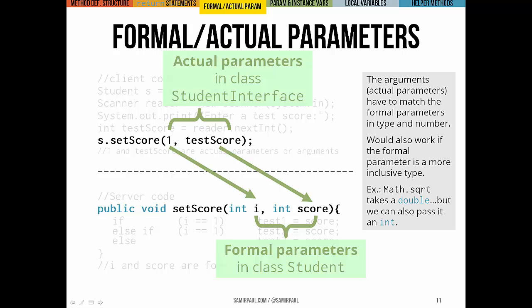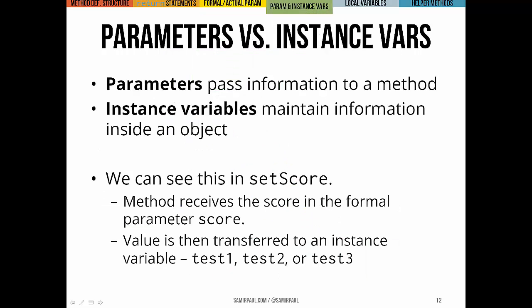As an example, think about the method Math.sqrt. That has a single formal parameter of type double, but we can also pass an int along with a double. We can pass an int as an actual parameter or an argument from the caller because that's less inclusive than double. So this begs a very brief discussion of a really important distinction that we need to